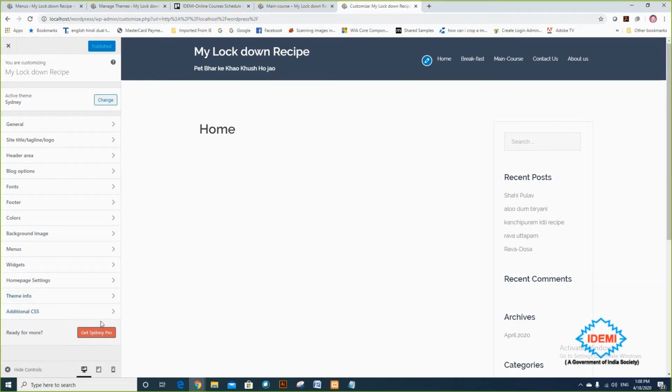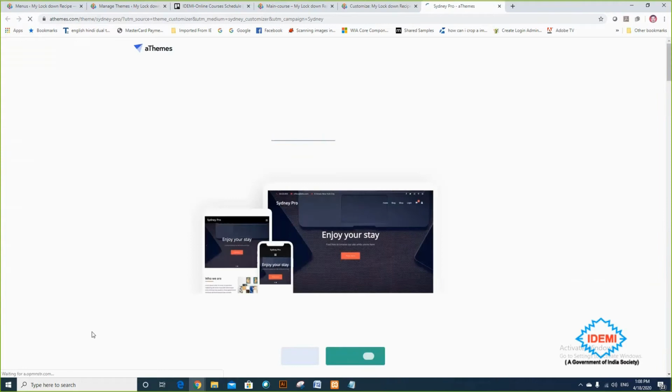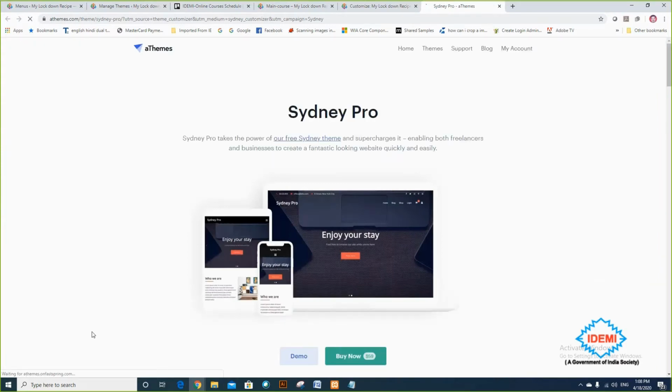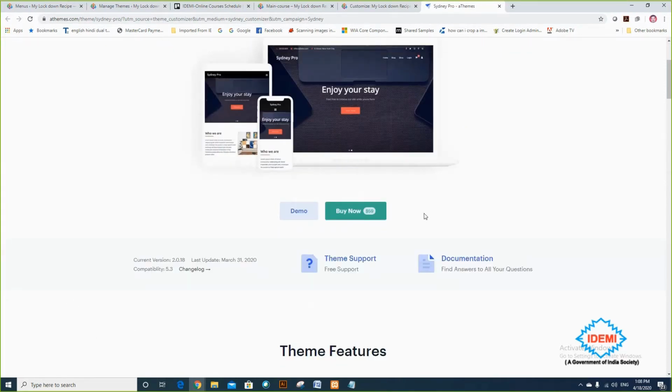And they are releasing a pro version also. If you want some more information, then you visit our website. Here they are the makers of this Sydney Pro theme, and they are saying you can buy it for one of our websites for $59.